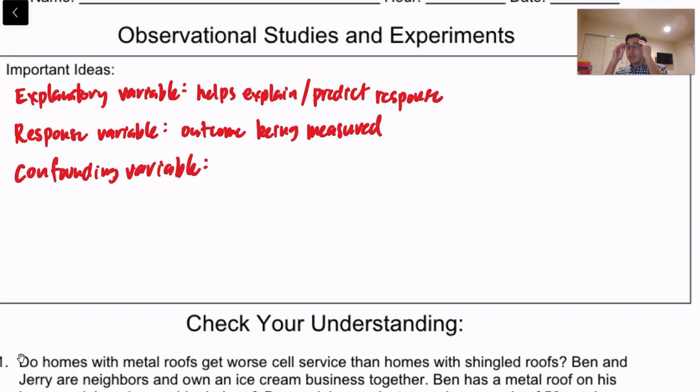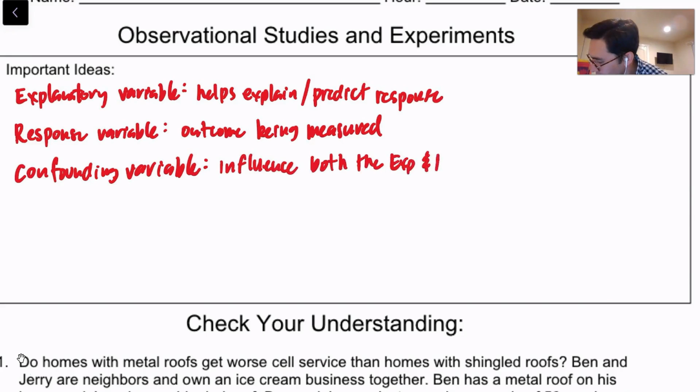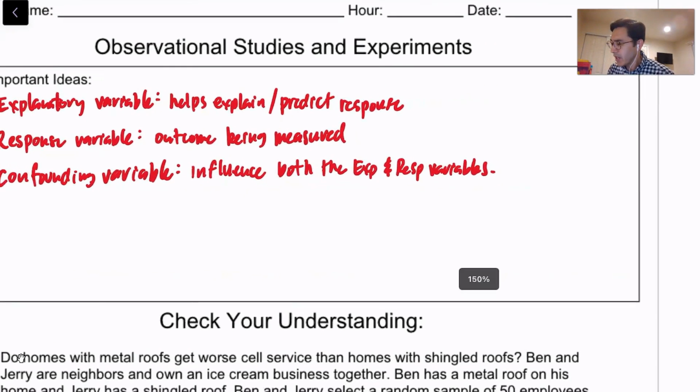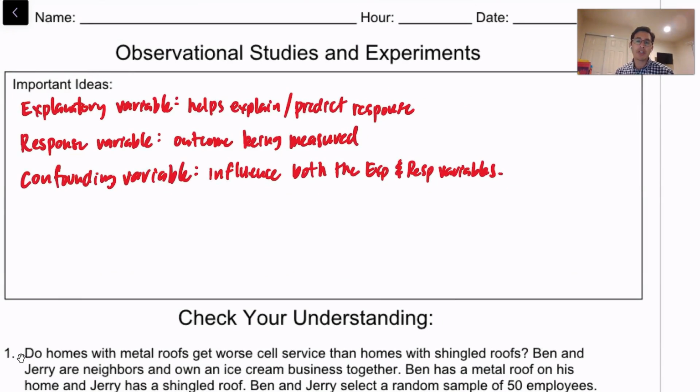All right, so let's describe these as influences, variables that influence both the explanatory and the response variable. Forces that influence both the explanatory and response variables. All right. So we had drawn a diagram showing how these three different types of variables relate to one